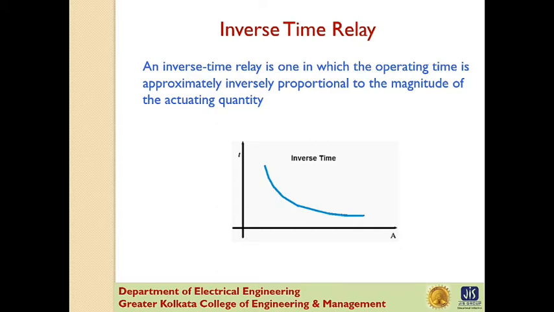The inverse time delay can be achieved by associating mechanical accessories with relays. In an induction relay, the inverse time delay can be achieved by positioning a permanent magnet, known as a drag magnet, in such a way that the relay disc cuts the flux between the poles of the magnet. When the disc moves, current set up in it produces a drag on the disc which slows its motion.